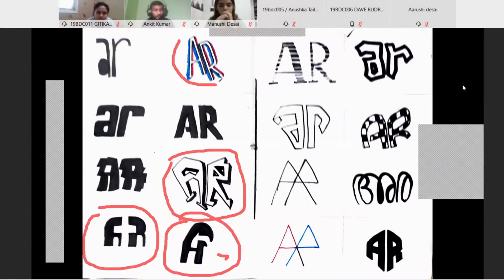Yes, ma'am. This one, what I did was I took inspiration from the Conexit logo, the one which I was giving the presentation about yesterday. I was looking at its clean horizontal cuts and the small curves and the sans serif, everything. I kind of developed this font by looking at that font.